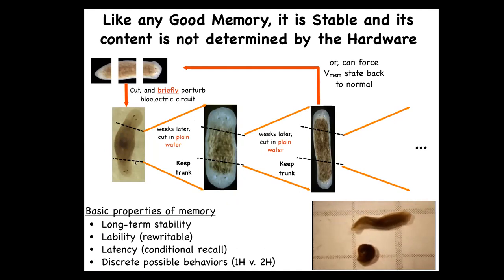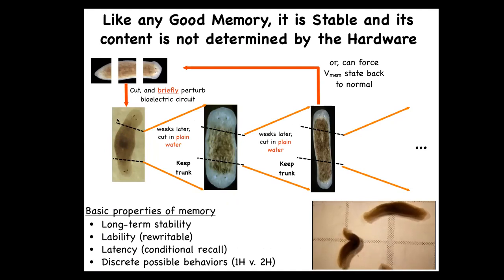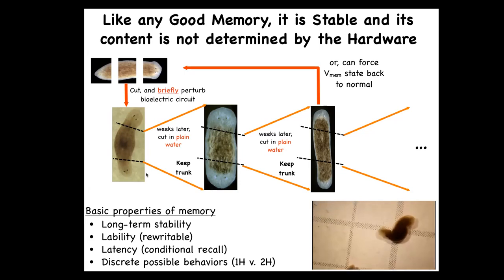But if you take these two-headed animals and you cut off the primary head and you cut off this weird ectopic secondary head, you might think that this middle fragment would just, of course, go back to the normal form dictated by its genetics. The first two-headed worms were seen in around 1903. Nobody recut them until we did it in 2008, because it was perfectly obvious what would happen. Of course, it would go back to normal because the genome is normal, and that is not at all what happens. In fact, if you do this, they will continuously, in perpetuity, regenerate as two-headed animals, until we set it back. We can set it back.